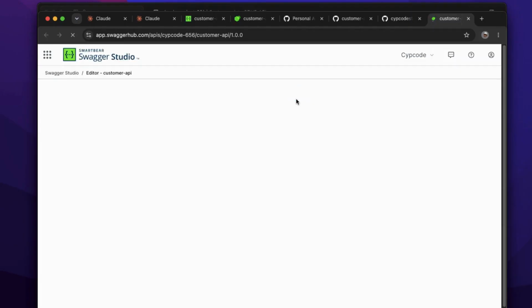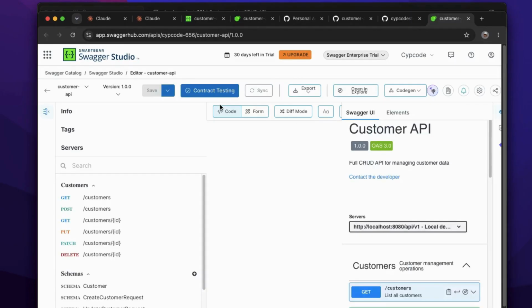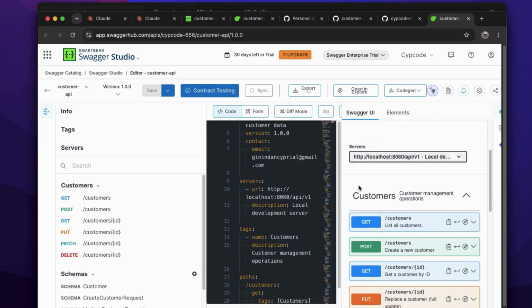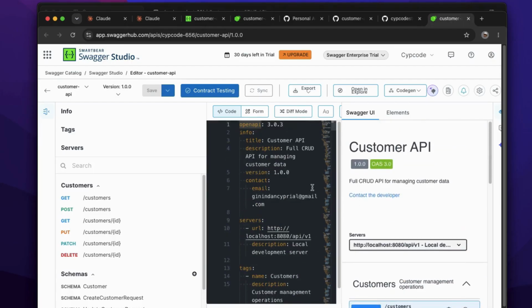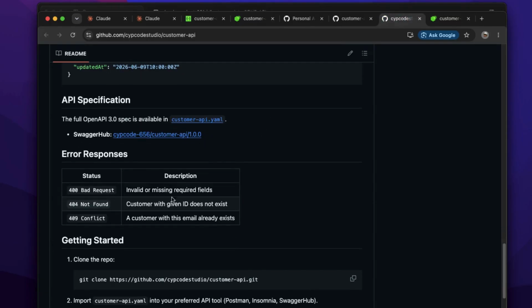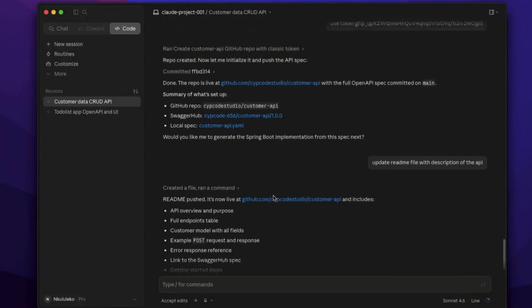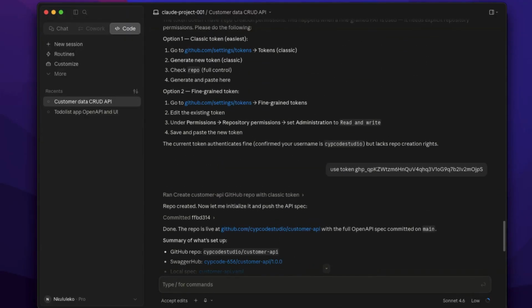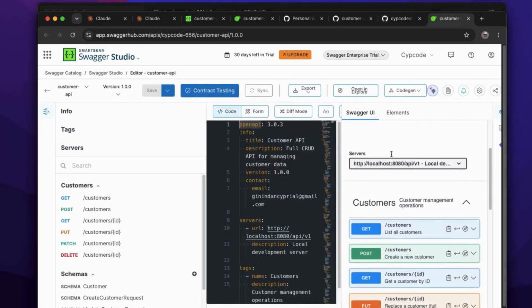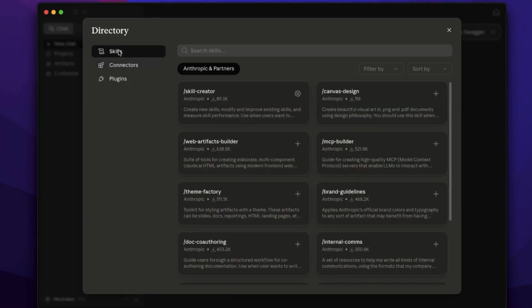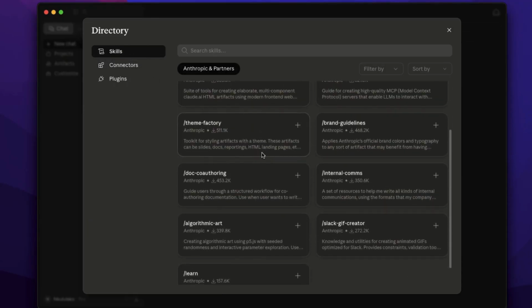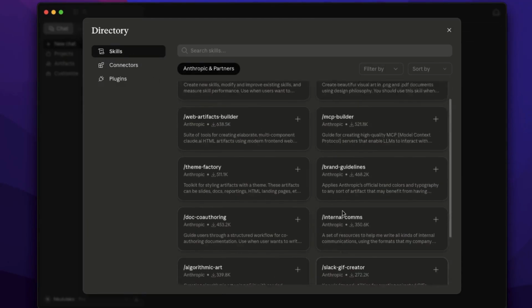We click on SwaggerHub, and you can see this is the API side, and we basically have all the details for the API. And this was all prompted in natural language. The GitHub is there and everything else. Now this leads us to the end of this particular tutorial, but for the next one, just to prepare you, we'll be looking at skills, and we'll be adding skills like Canva design or whatever the